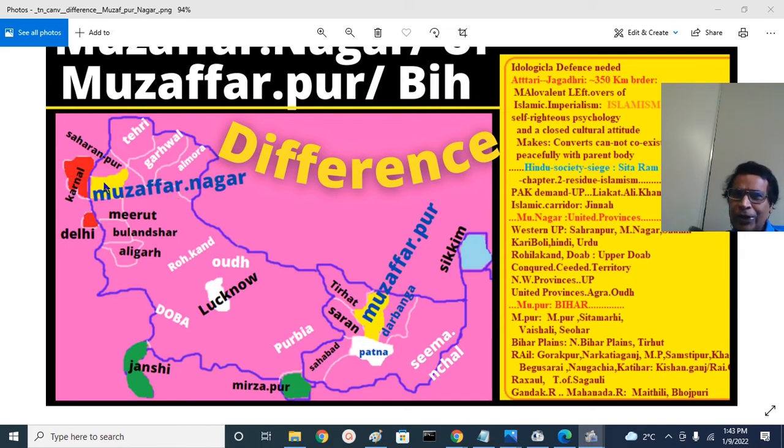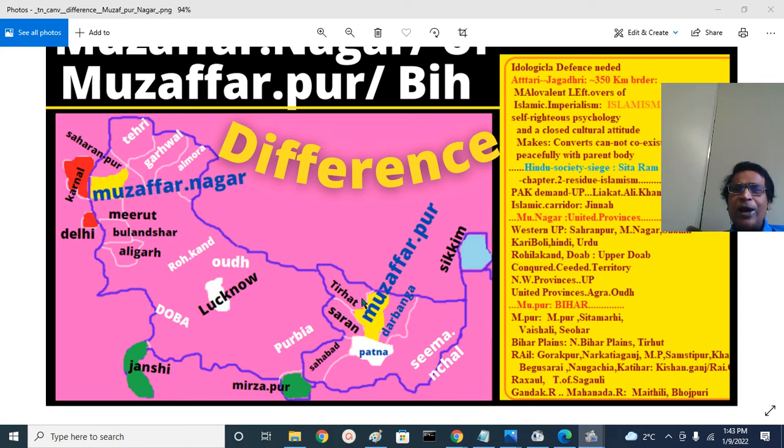Muzaffarnagar district. Muzaffarpur district, that is in the Bihar region. This is the Champaran region or Tirhat region, and the Gandak river goes here. South of Gandak is Saran, Gopalganj, Chapra. Those regions, Son river joins here. All these three rivers join south of Muzaffarpur historic district. Historic Muzaffarpur district now consists of Sitamarhi, Vaishali, Shiohar.